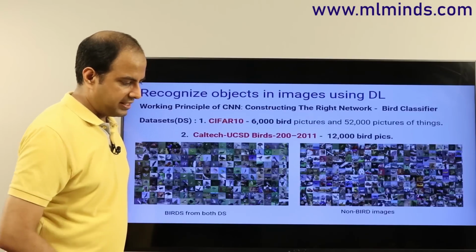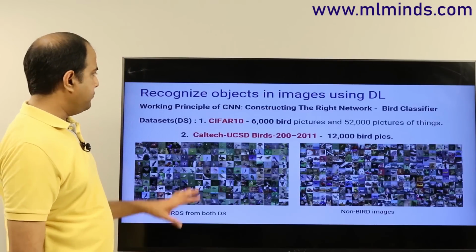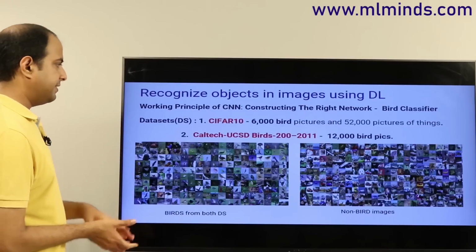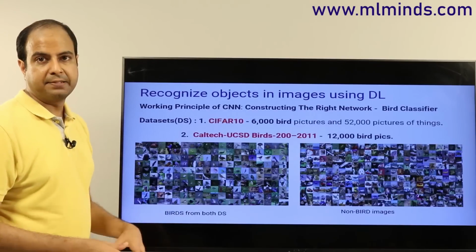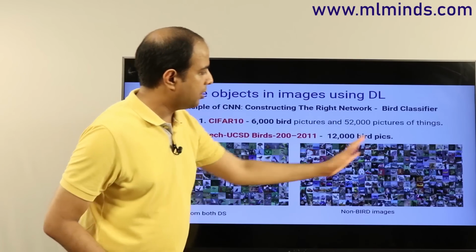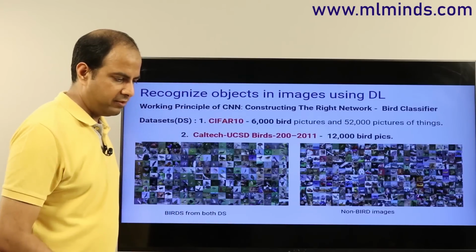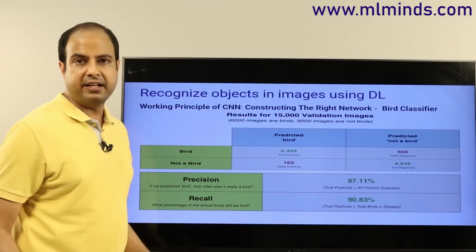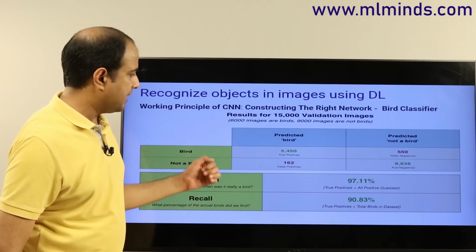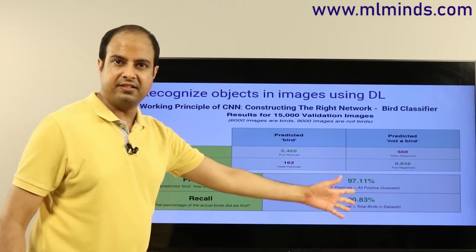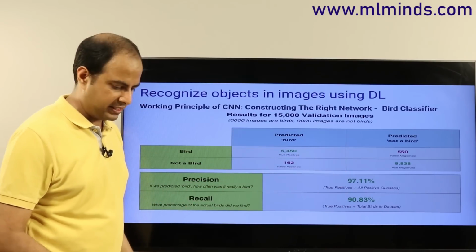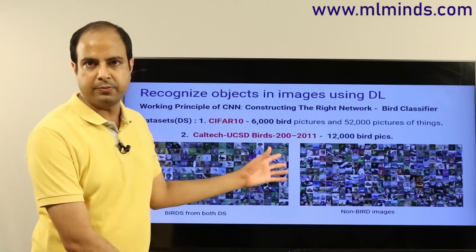Now people have used CNNs across a whole bunch of image classification tasks, for example, classifying whether an image contains a bird or not. These are a few bird images, these are a few non-bird images, and CNNs have been very successful in learning these kinds of things. Some results show that you can get accuracies in the 90s, like 95 percent, when you deploy CNNs for these image processing tasks.